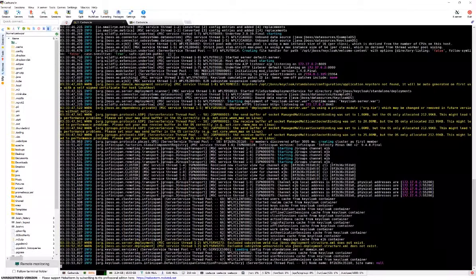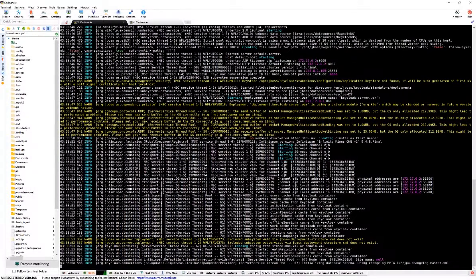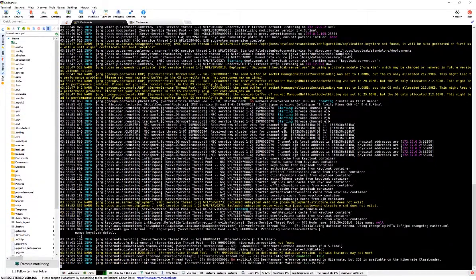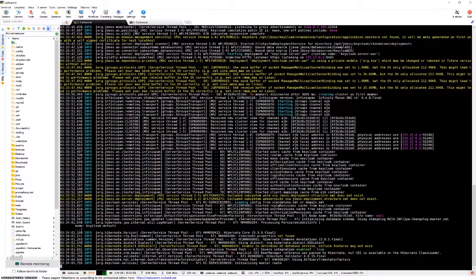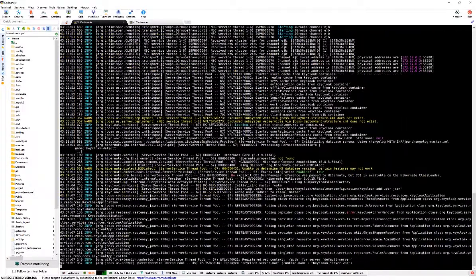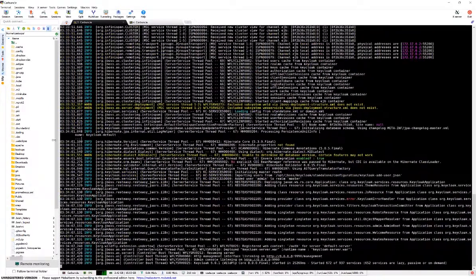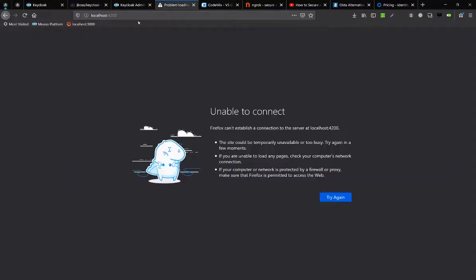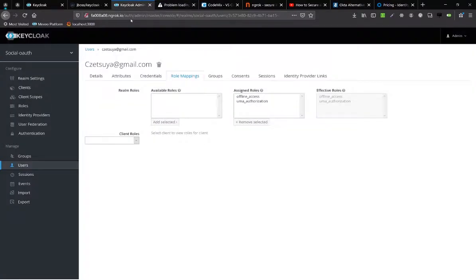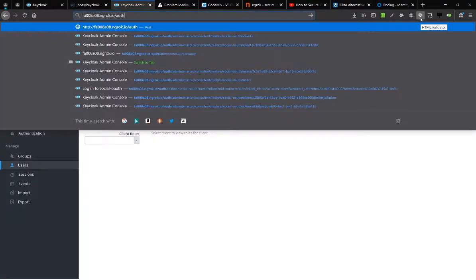Once Keycloak is running, you should be able to see that it's listening on IP address 0.0.0.0, like this one. If we access Keycloak,